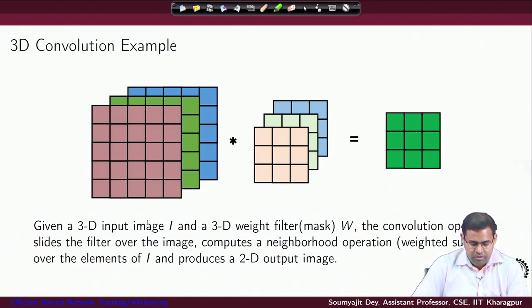So, essentially you have a 3D input image, a 3D weight filter mask, and the convolution filter will slide the individual filters over the images, and it will do the neighborhood computation like we discussed earlier over the elements and produce the output image,